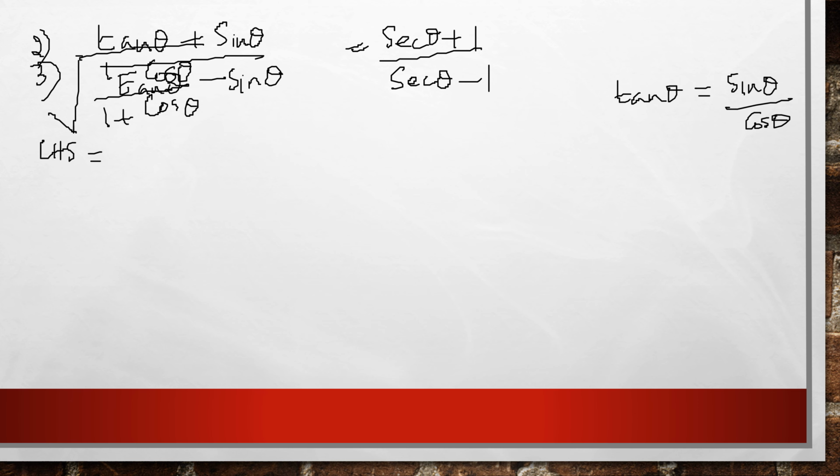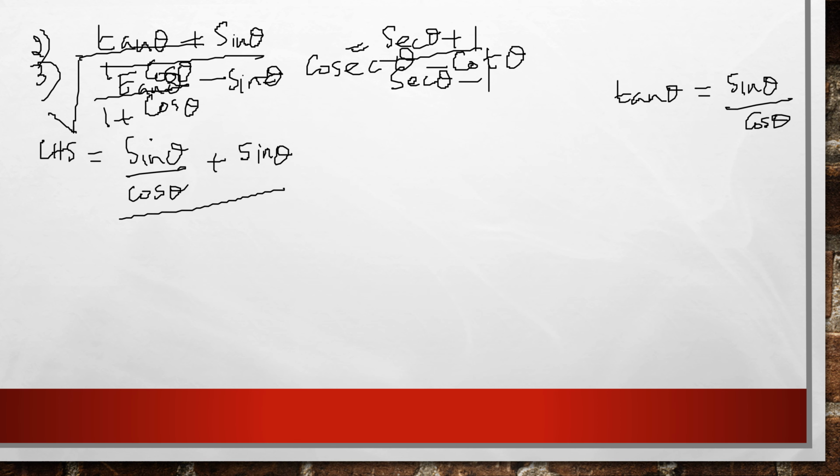So here instead of tan theta, we'll write sine theta by cos theta, and then you have a sine theta. Then in the denominator again you have a sine theta by cos theta minus sine theta,